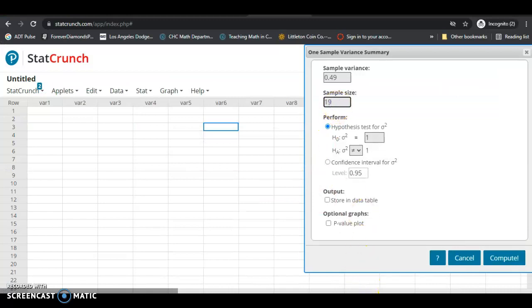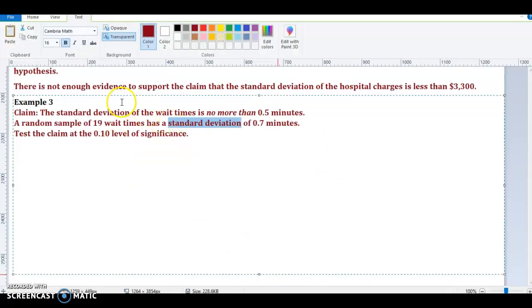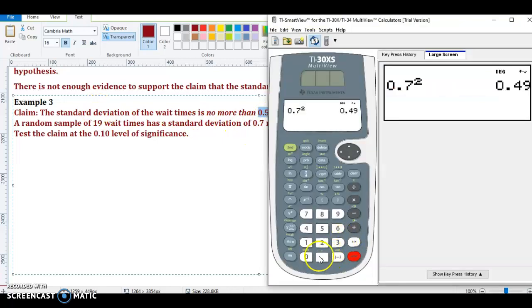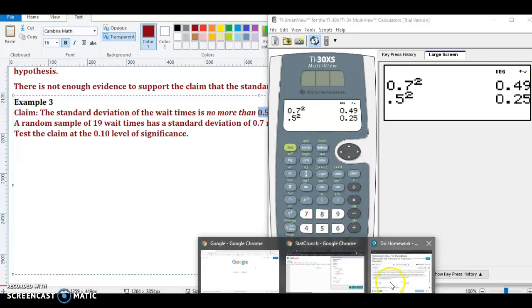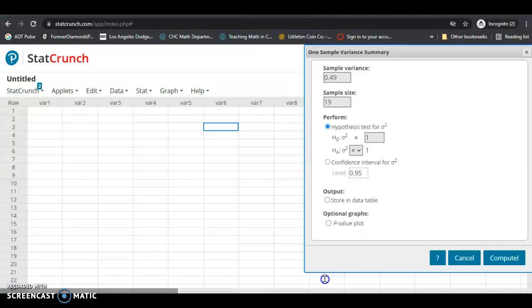Okay, and then the hypothesized value of the standard deviation of the population was 0.5. Okay, so remember that's a standard deviation, not a variance. So we need to square that. So 0.5 squared is 0.25. Okay, so once again, in StatCrunch, you can do one of two things. Type in 0.5 to the second power,